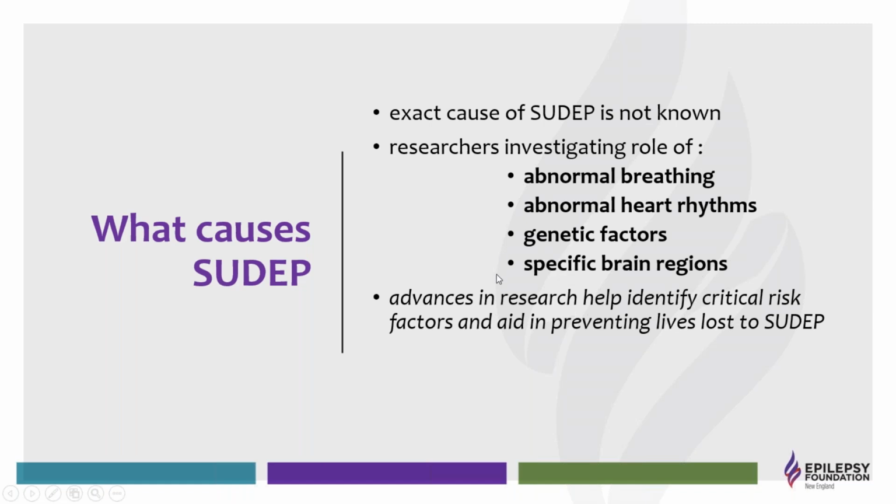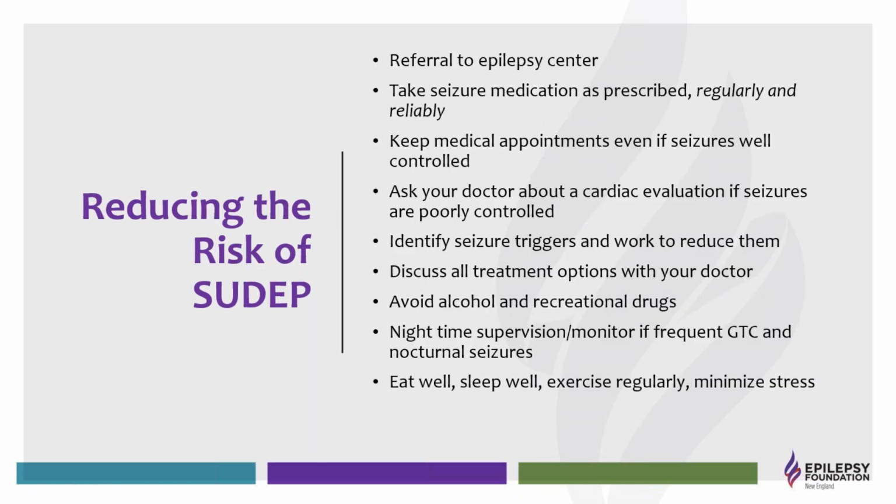And they're thinking, to put it in a really crude way, that after a seizure, our brains reboot or turn back on on their own. And they're thinking that for some of the people who passed away from SUDEP, something prevented that area of the brain from turning back on when it was supposed to, and that's why they passed away. So they are continuing to look at these different factors.